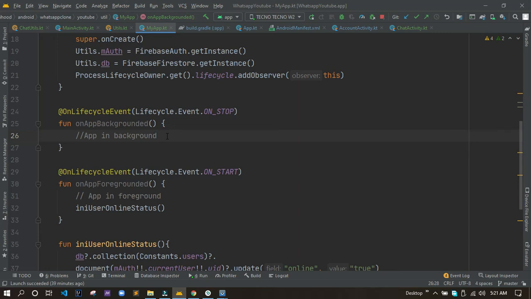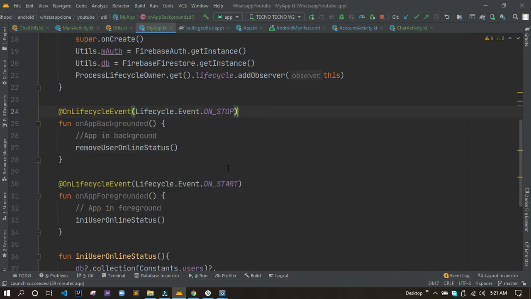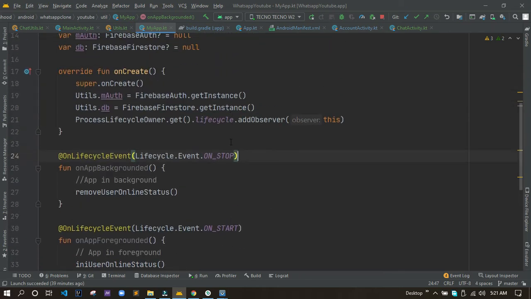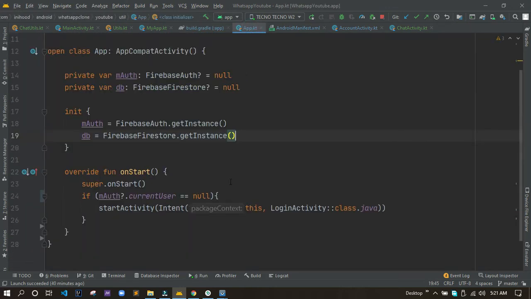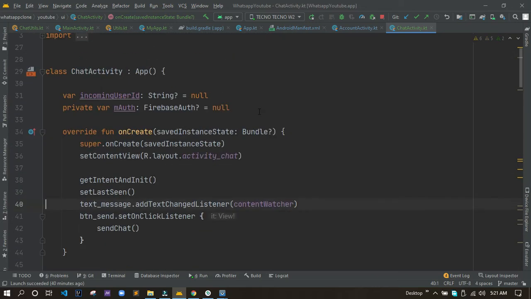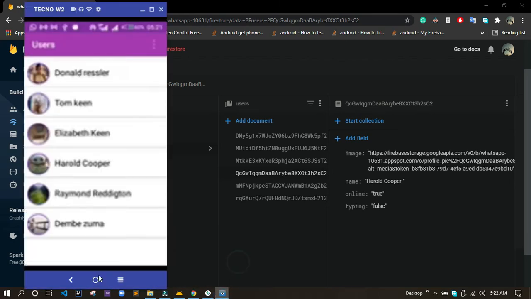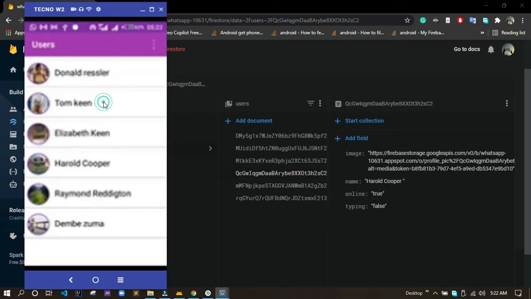Okay, so just to make sure that I got everything correct, let me cross check here. Now in the application again, once you test this out, this is my application that's currently running, and I'm going to run this again on the other device to check if it's really working perfectly. So I'll pause this application and I'll play it when